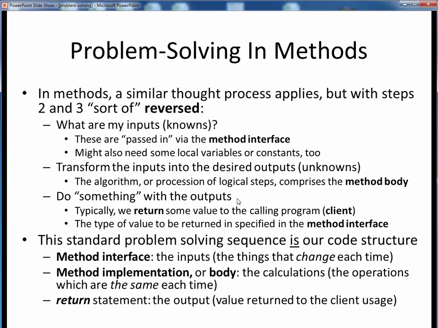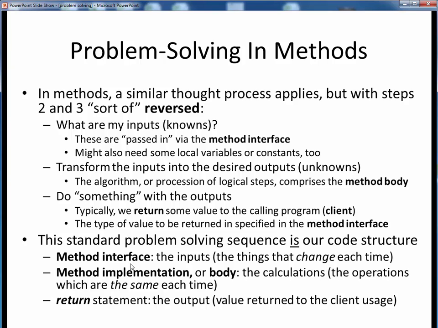Finally, as always, we'll want to do something with our computed outputs. For a method, typically that means that we want to return some value to the calling program or client. The client, of course, is just some outside code which uses or calls our method. The data type of whatever value we return is specified as part of the method interface, and our return variable or object must be of that specified data type. This standard problem-solving sequence for a method is embodied in the general code structure of any method.